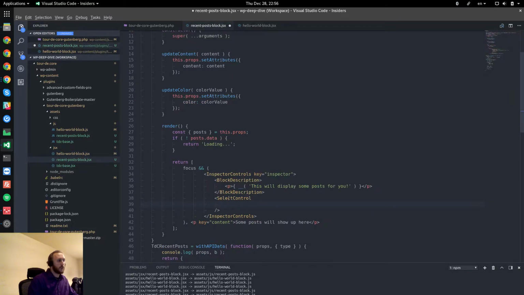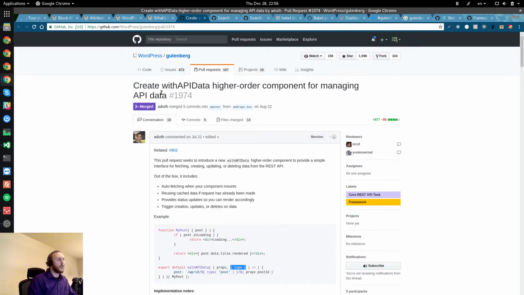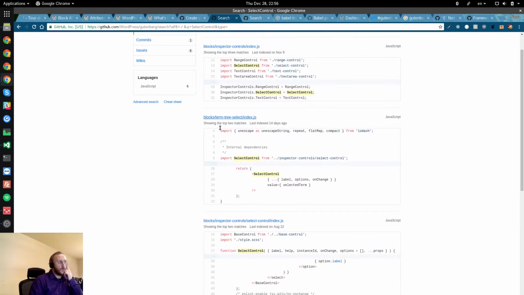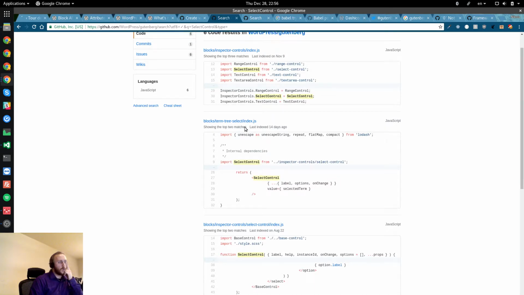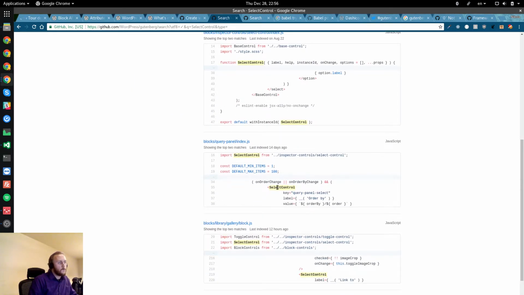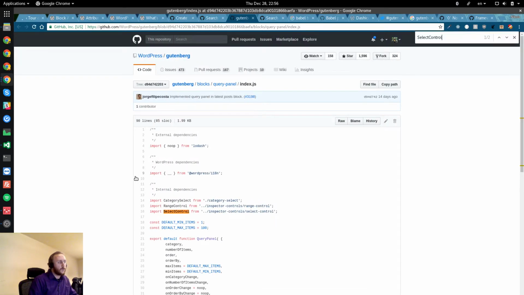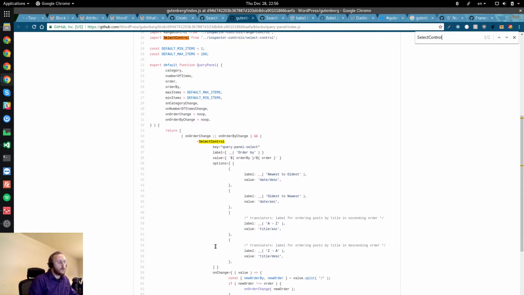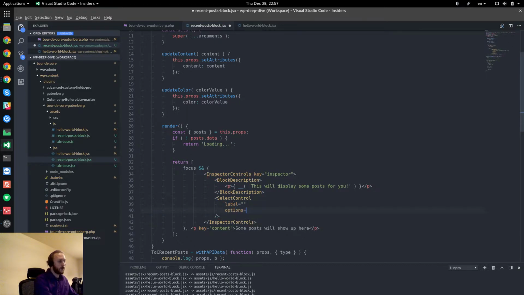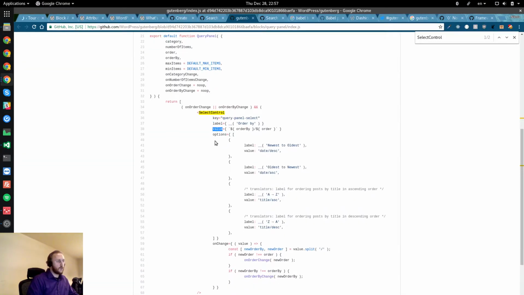I have a feeling that select control might take a list of attributes, maybe. Value, label, options. Okay. Select control, options. Okay, so options is just another property. Okay, that's cool. Select control, label, options. So our label will be post type, and value will be